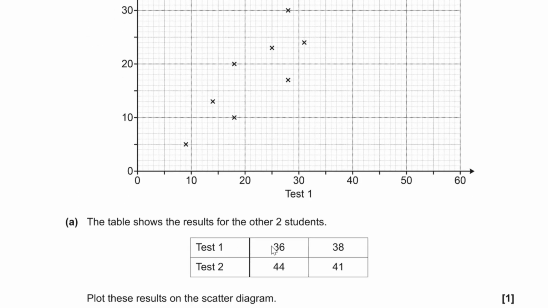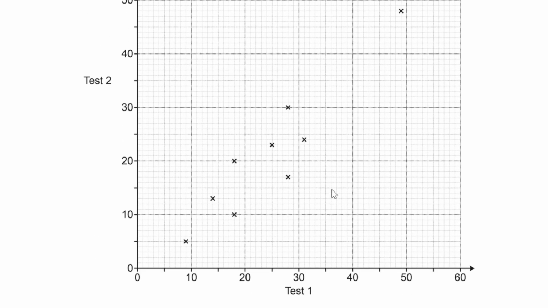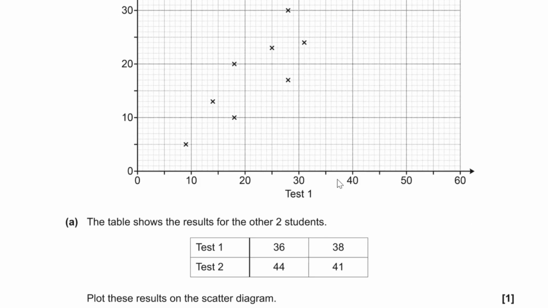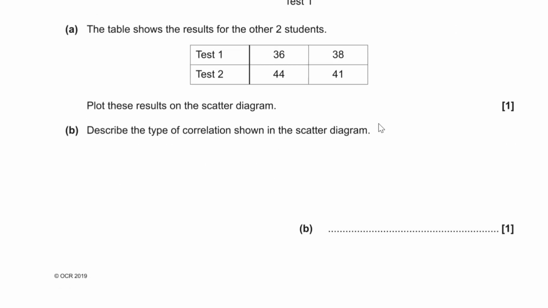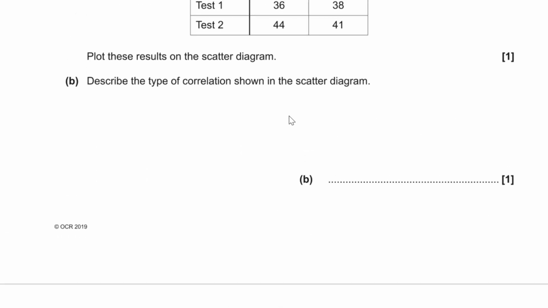So for this student, we've got 36, 44. So if we plot this, 36 is over here and 44, that will be over here. And then for the other student, we've got 38, 41. So 38, that's over here somewhere, and 41, that goes here. So what we've done here is plotted those 2 points, and now for part B, we have to describe the